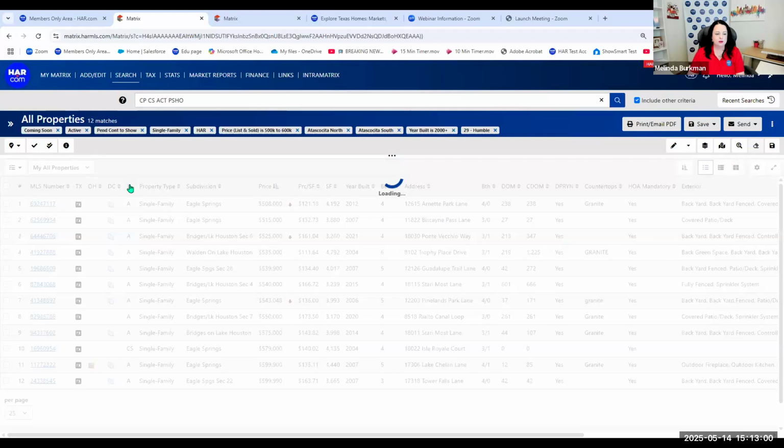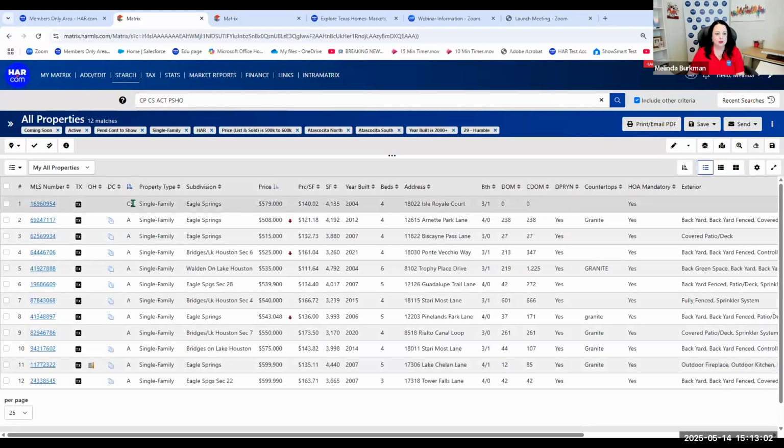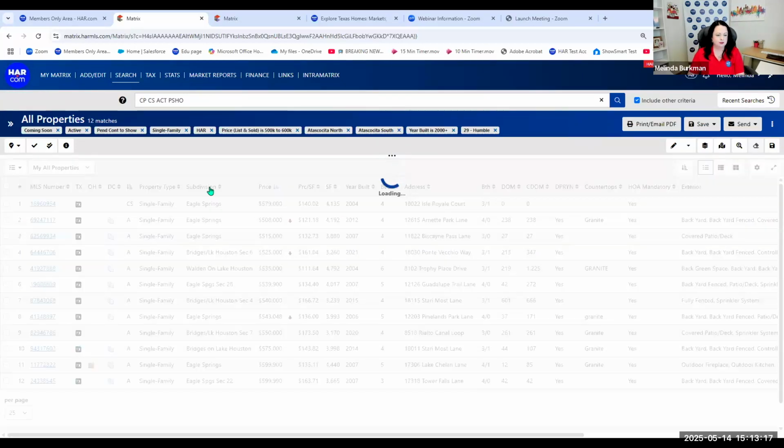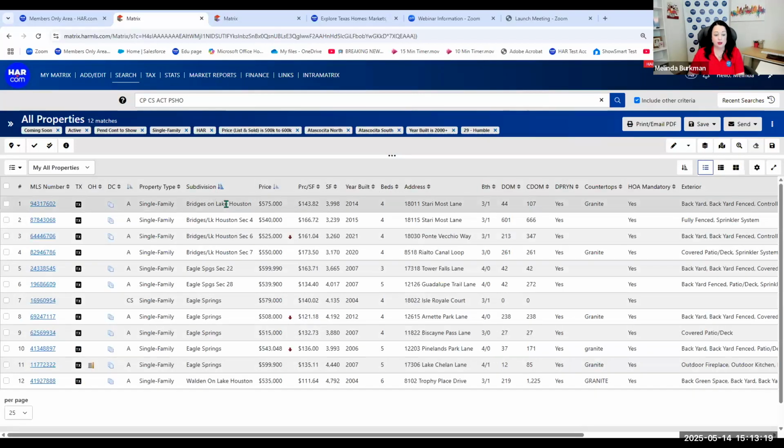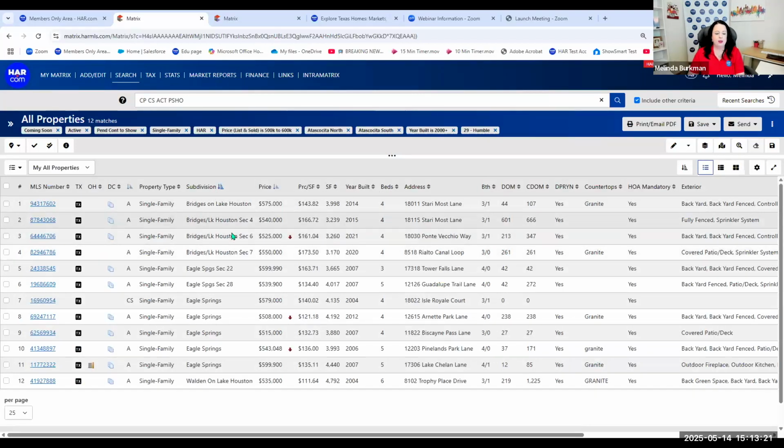This is sortable. So now it's put coming soon first and all the actives secondary. You can choose to sort by property type. Right now, I'm just looking at single family. You can sort the subdivisions so they're all grouped together. So it started alphabetical. So Bridges, and then Eagle, and then Walden.